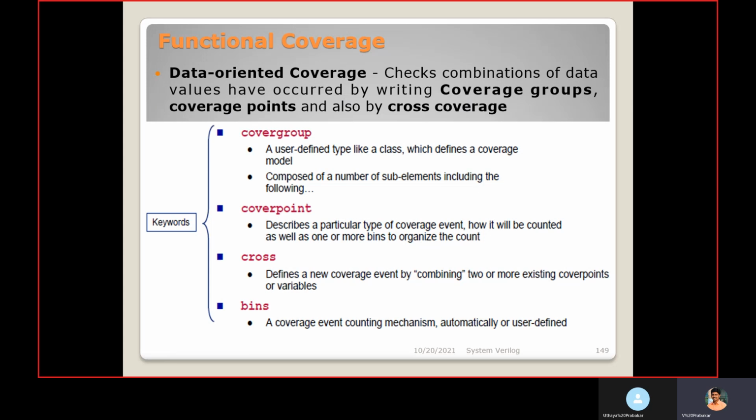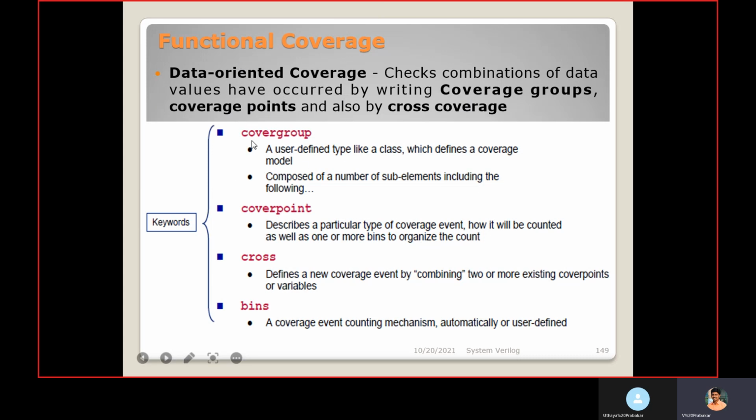Each time we receive that value, the cover bin is incremented. It acts as a counter. With the help of that, we can identify whether the signals or mentioned events are covered or not.